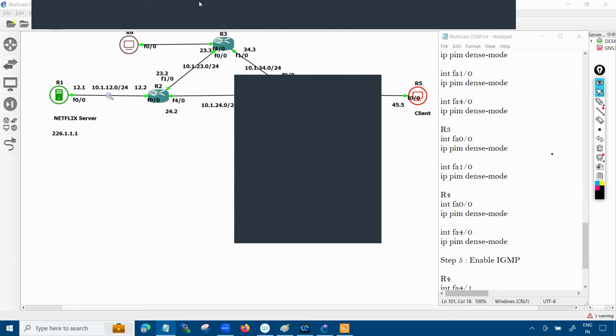IP gateway. What is the IP gateway? I don't know what you're talking about. One thing